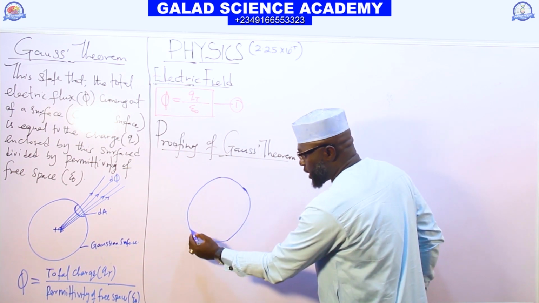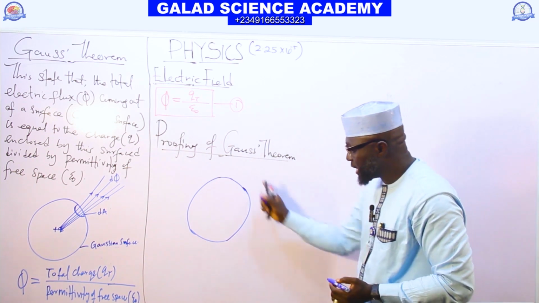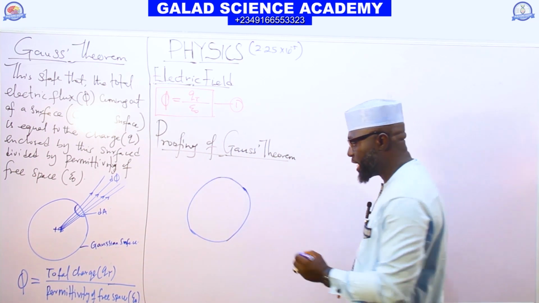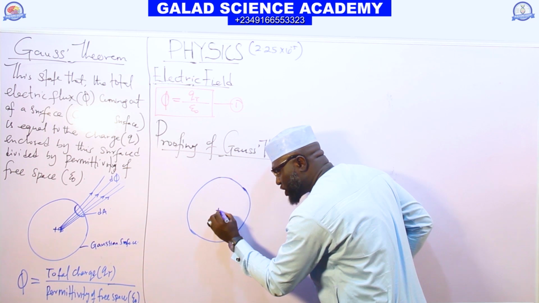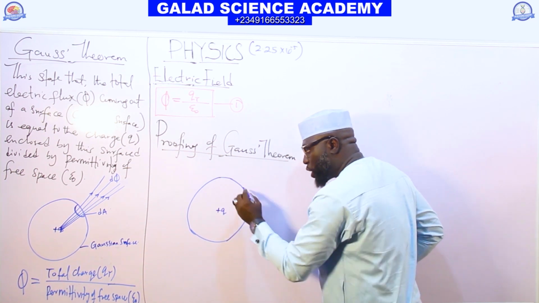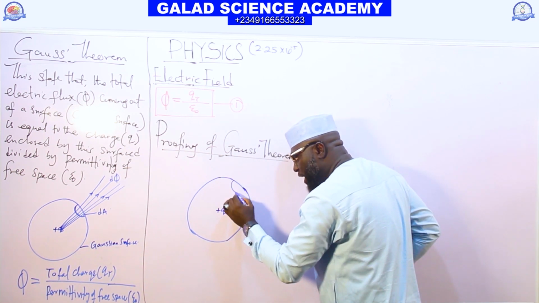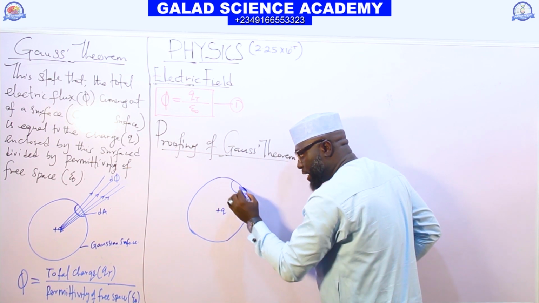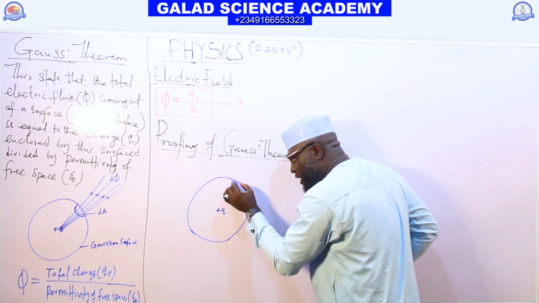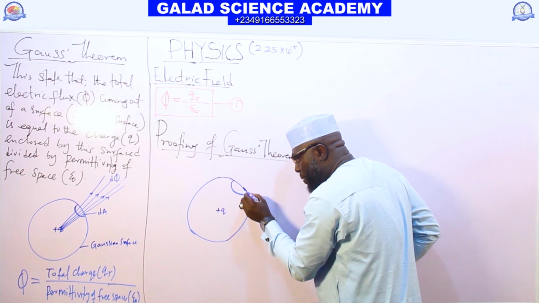Assume this is a Gaussian surface, a spherical surface. I now place a charge Q here. So if I remove a region here, this region that I remove, let me call it